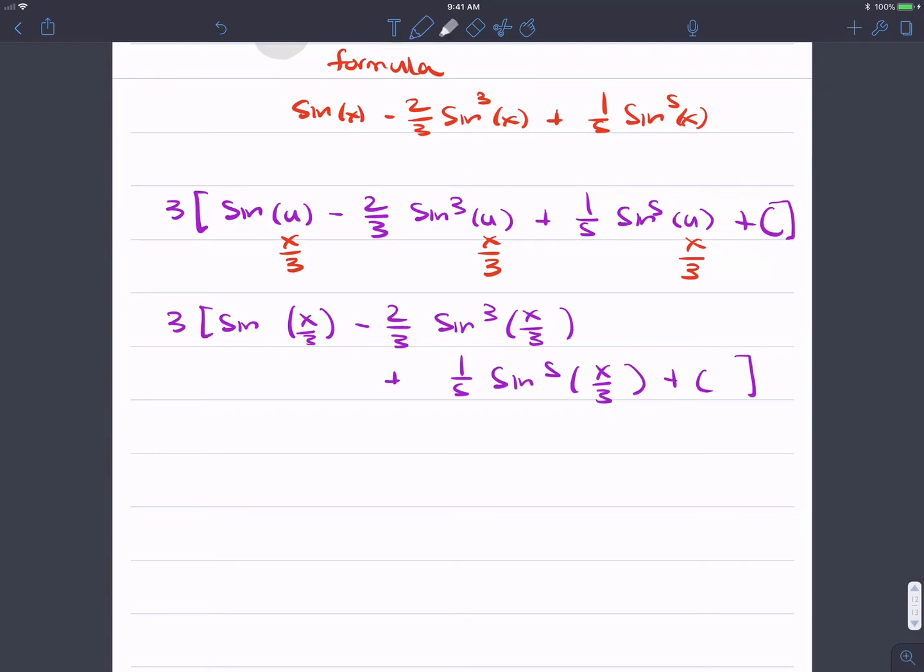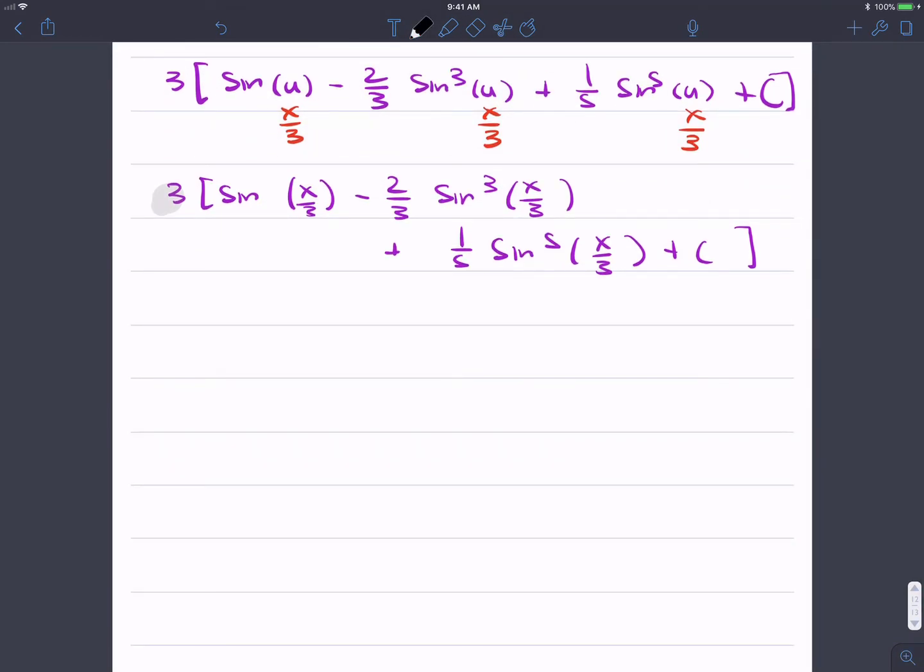So I'm going to distribute now, multiply every term by 3. Here's that 3 here. Let's distribute. Final answer. 3 sine x over 3 minus 2 sine cubed of x over 3 plus 3/5 sine to the 5th of x over 3